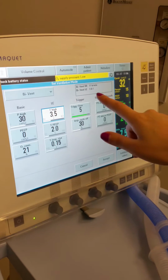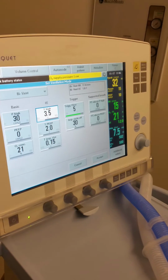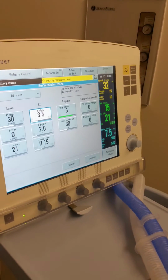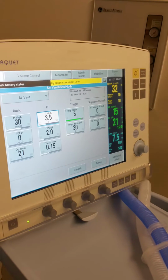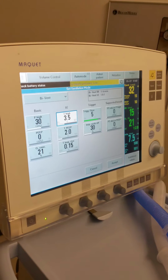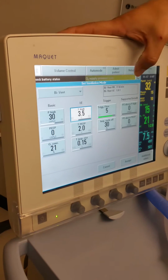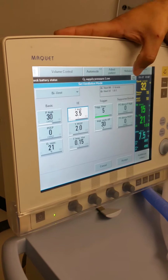Don't you technically want a true 1-to-1 ratio? Not on this. You actually want an inverse ratio, a longer inspiratory time and then the shorter release. Okay, yeah. Sorry. Someone said that sometimes they did do it like that. Yeah. So, given that we're not really going to worry too much about the respiratory rate at this point,